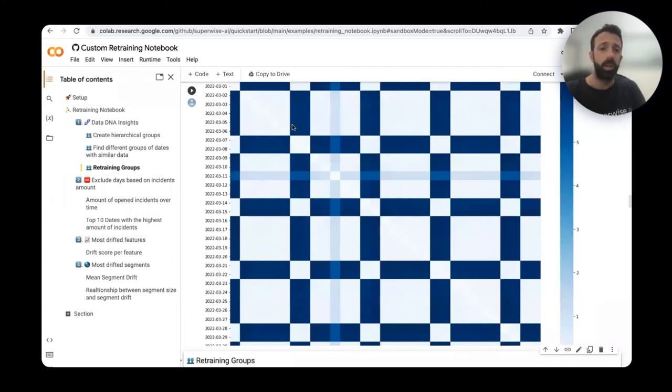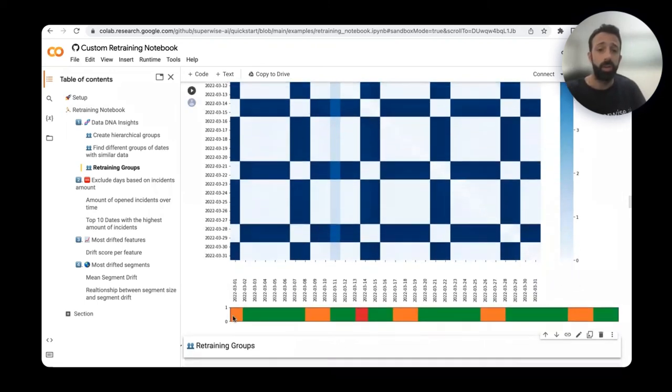According to the dates, the color changes according to the drift between the dates. So there is a clear drift between weekdays and weekends. And if we go here, we can see that there are 3 groups. The orange group that looks the same to each other, this is weekends. The green group is weekdays, and the red here is another group, specifically dates that